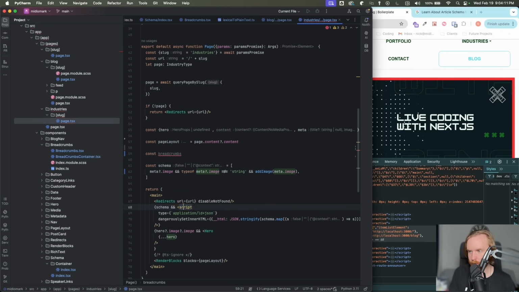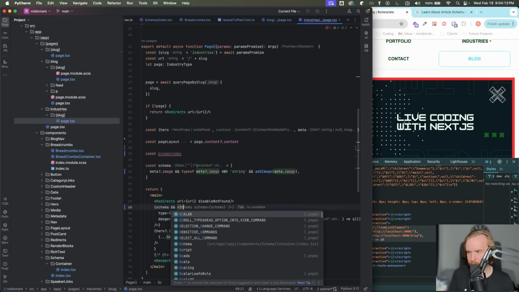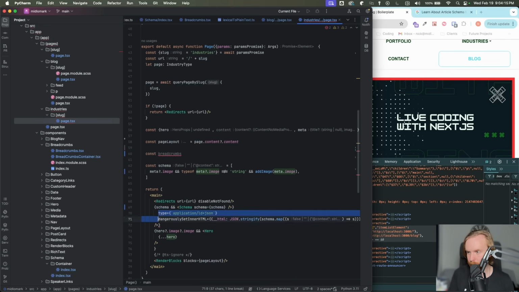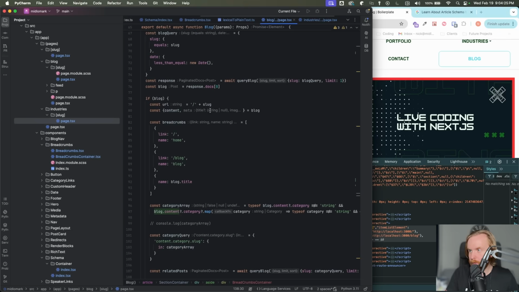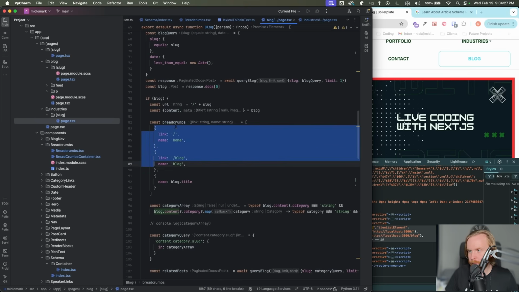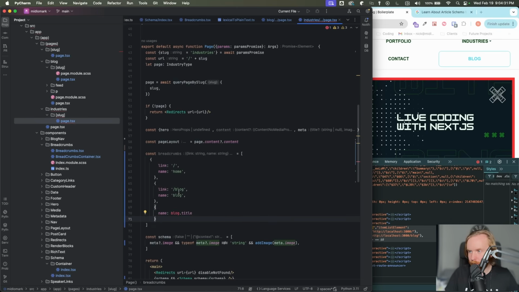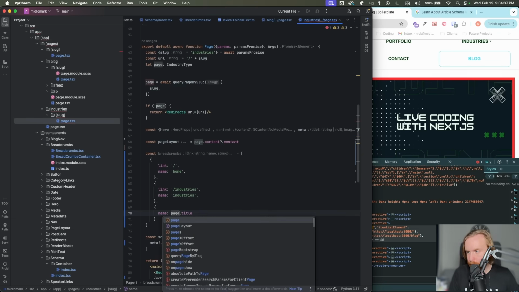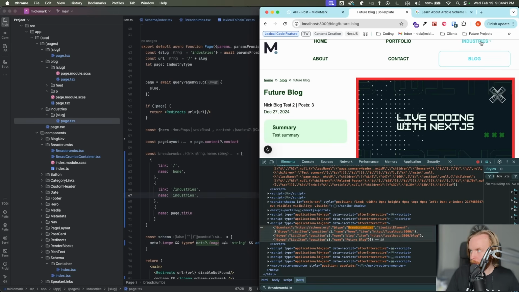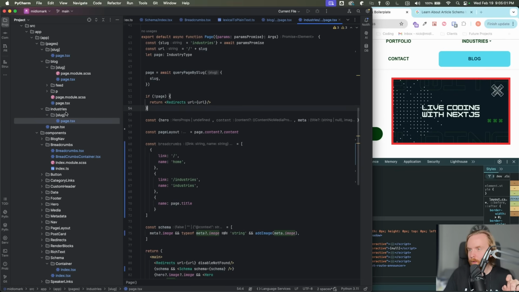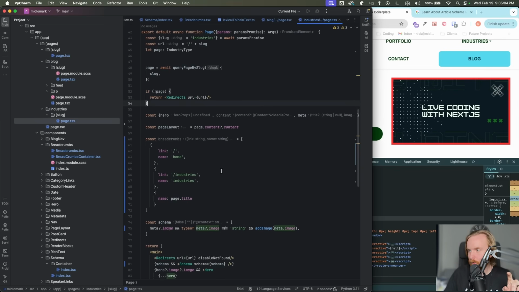breadcrumbs, and so this could actually just be schema as well. Oh, that makes it easy. And so set our breadcrumbs to be equal to, let's copy and paste, make my life easier. Even though there isn't a blog, I can just drop this in here, and then we've got our industries, and then we have our page, and we should have a title, yep. And so now if I go over to our industries, small business, so industries slug, I did not return it